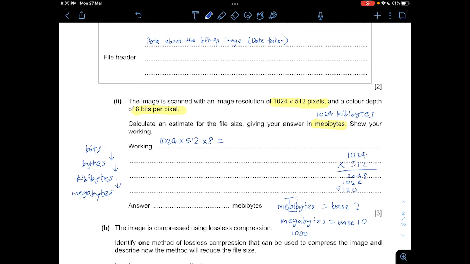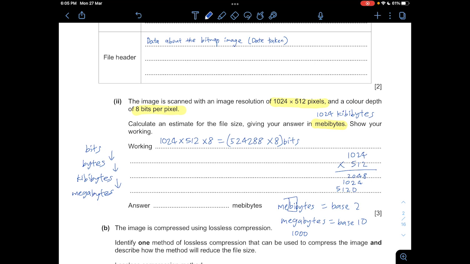So that will give us... okay, so this will give us 524,288 times 8 bits. Now, I'm going to do the shortcut way, but if you don't want to do the